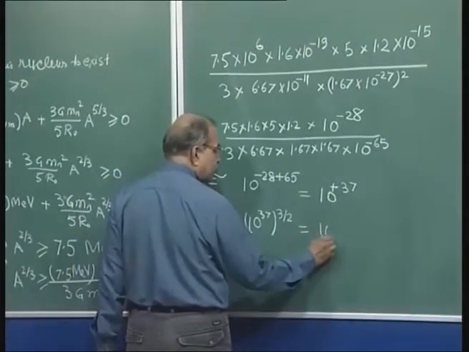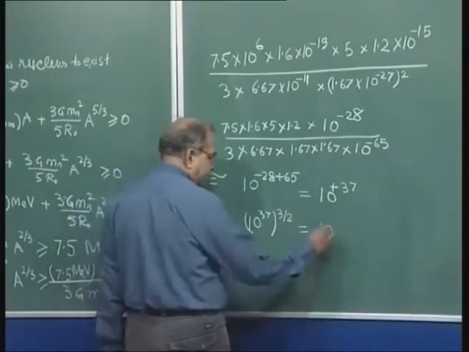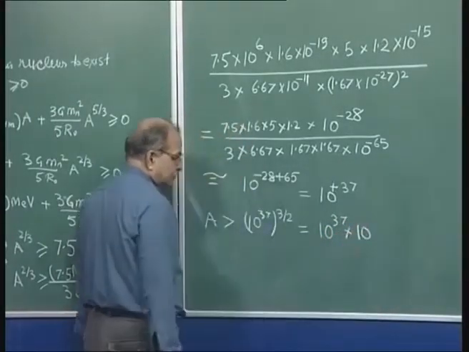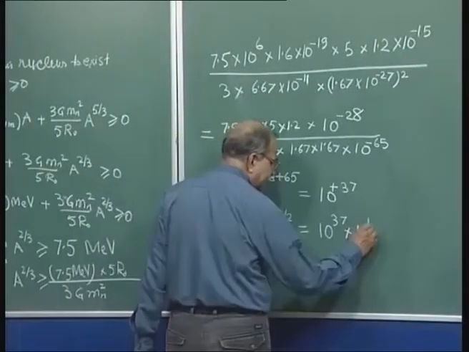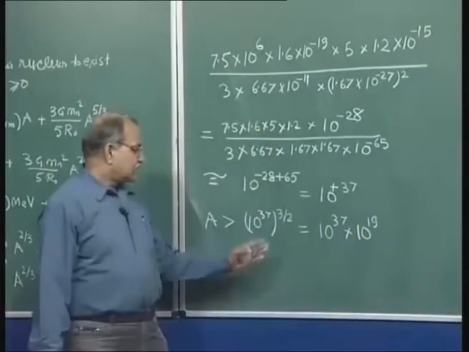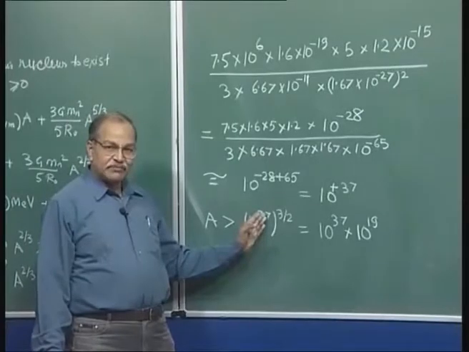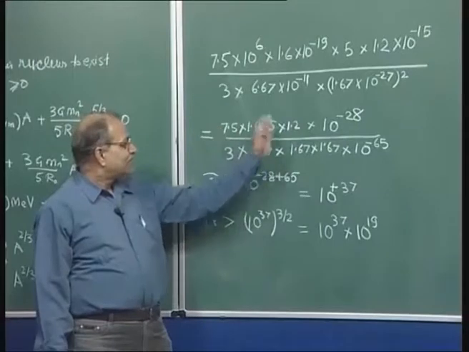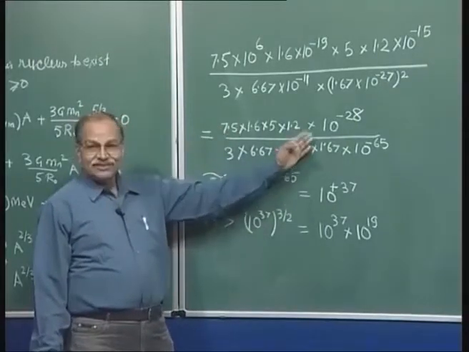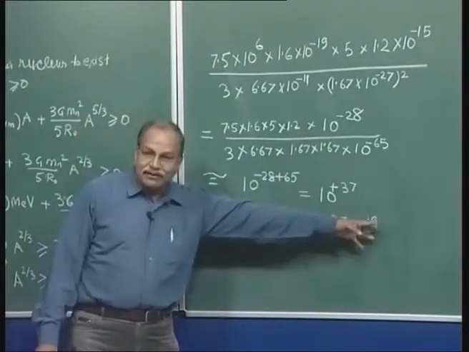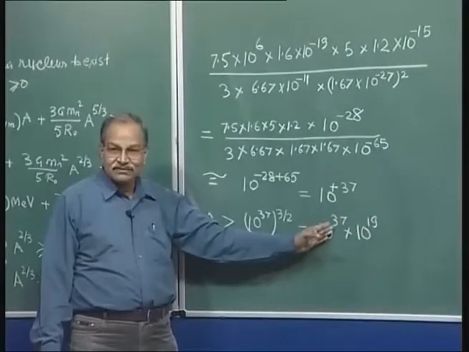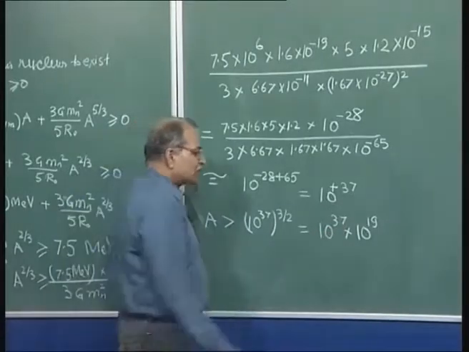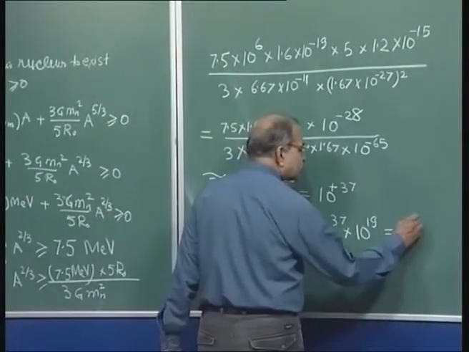This is 10 to the power 37 multiplied by the square root of 10 to the power 37, and something is coming from this side also, and I can see it is more than 1. So, it should have been 18.5 if I take the square root of this, but then this factor also comes in, in an order of magnitude calculation. So, it is this. How much is it? 10 to the power